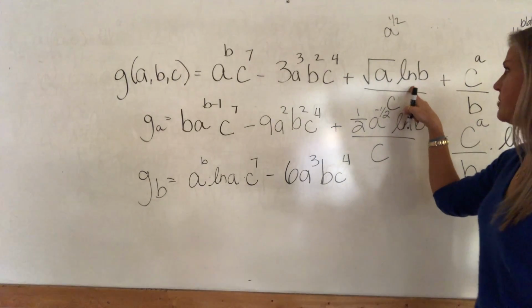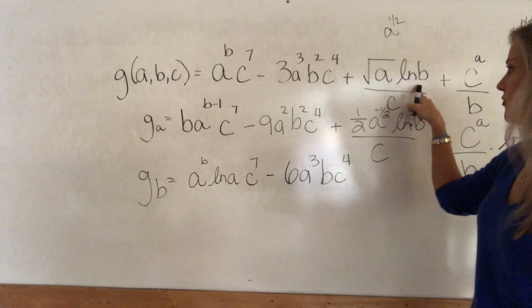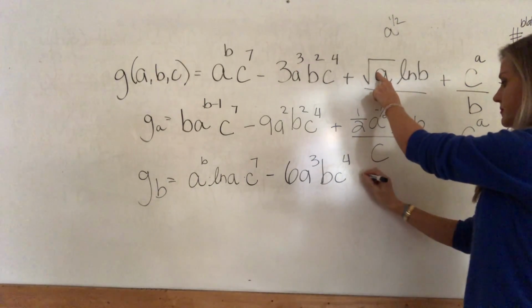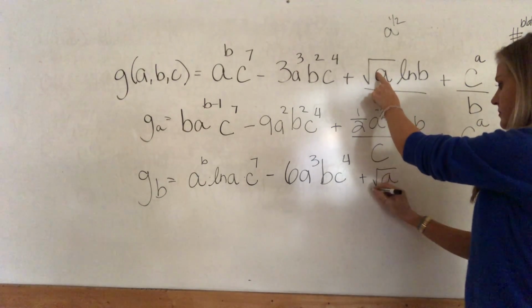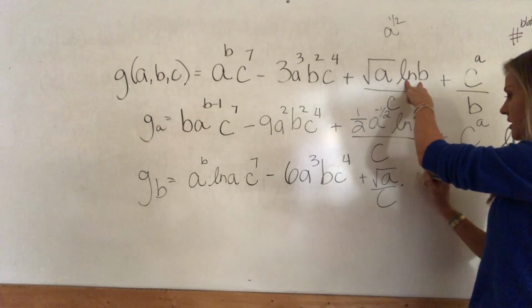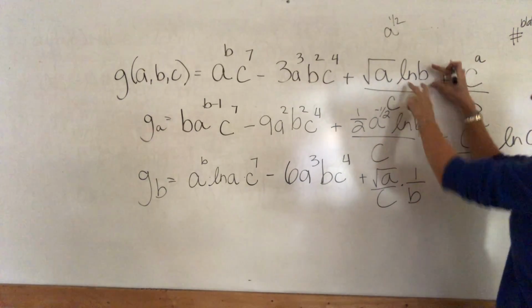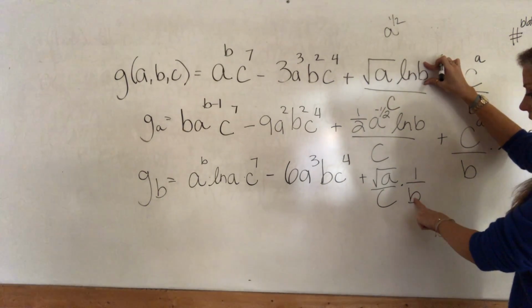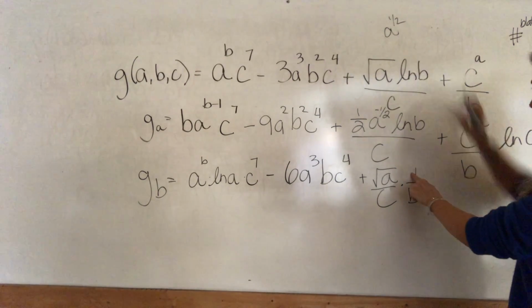This one has a b. It's the natural log of b. So I'm going to recopy all the other pieces. And the derivative of the natural log says you take that argument, you put it in the denominator, you derive that denominator,